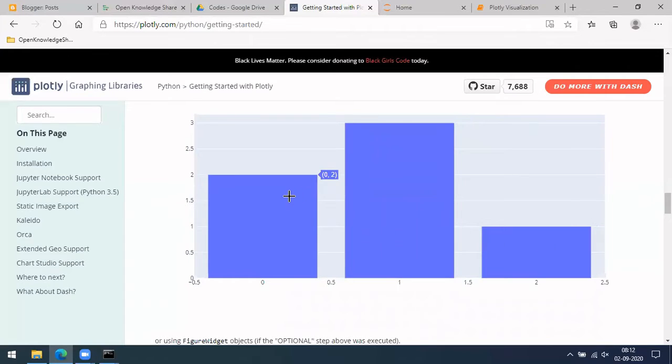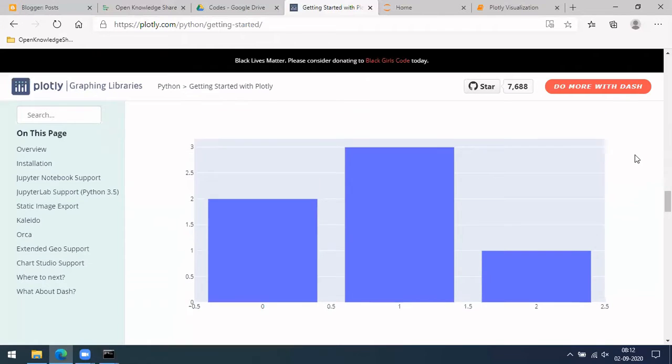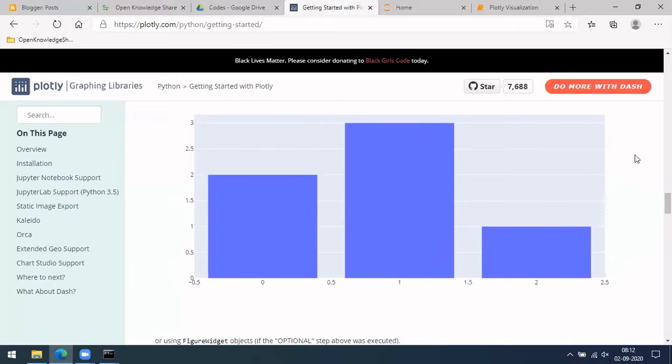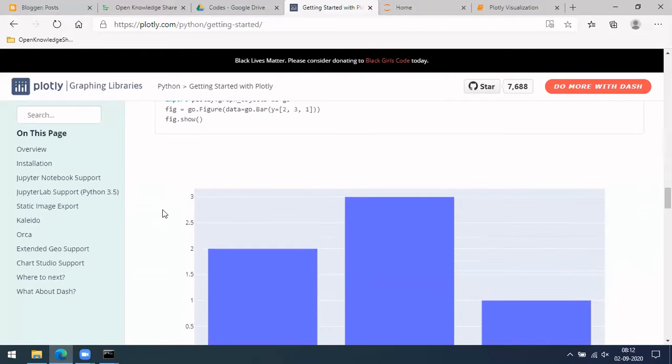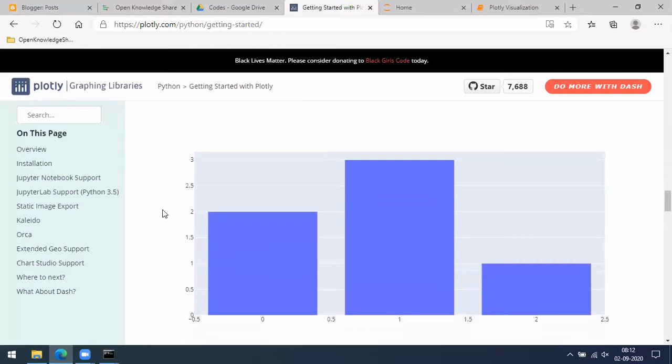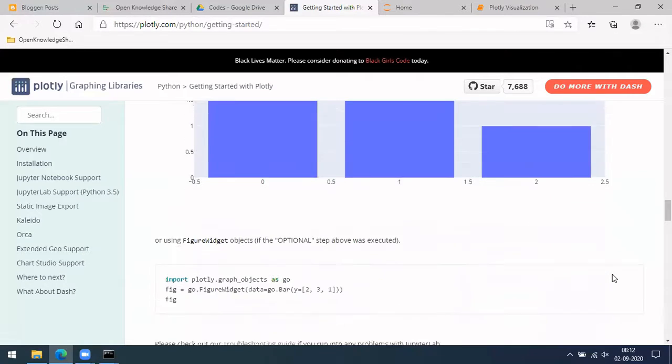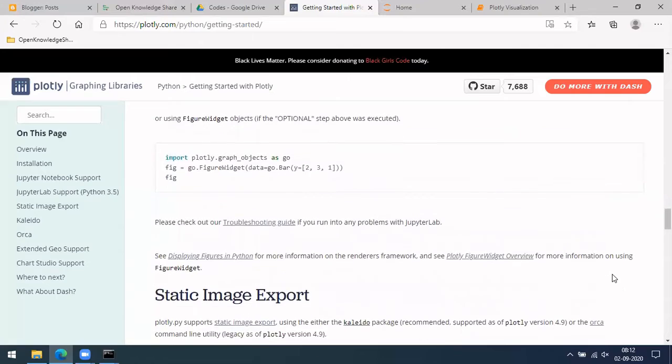So this is one way, but usually if we are working with a company, it will be company data, right? So it will be confidential, and you should not push it to some outside server. So in that case, there is an option within Plotly where you plot it offline. That is one other case. We'll anyway do that rather than this.